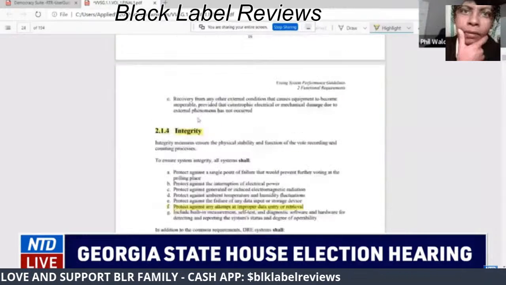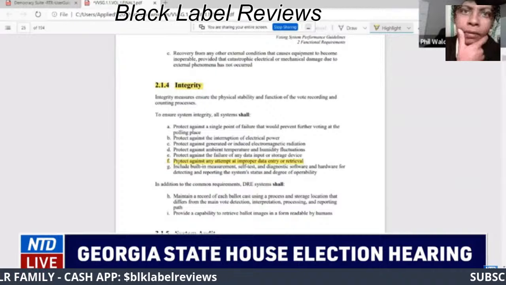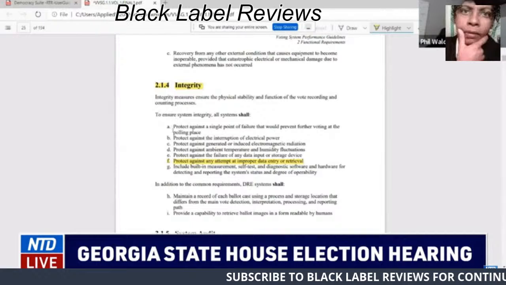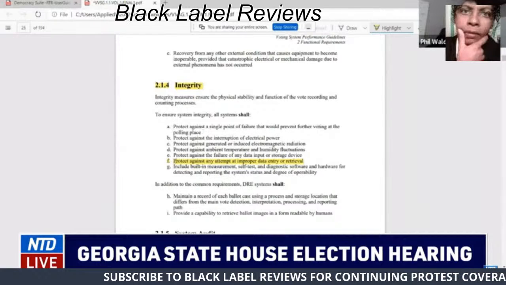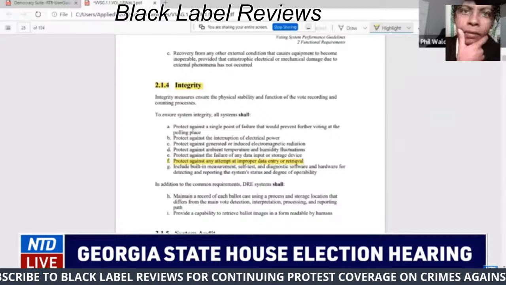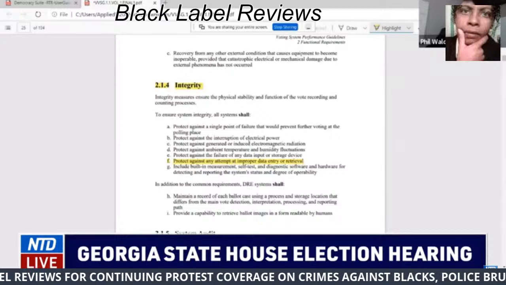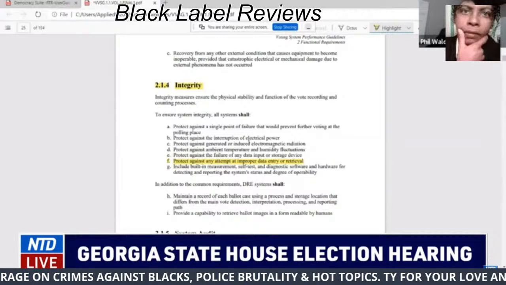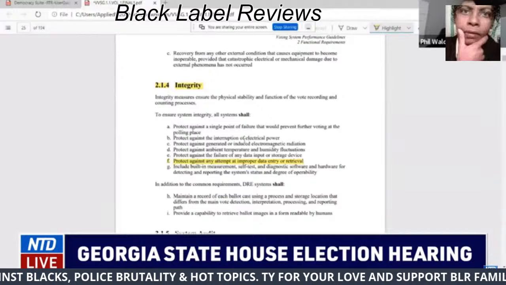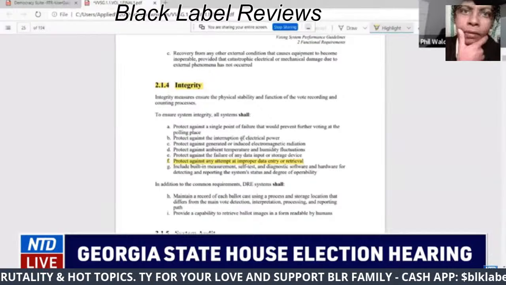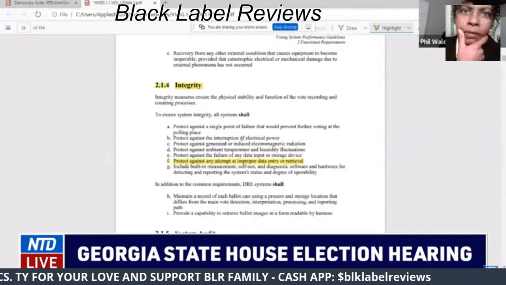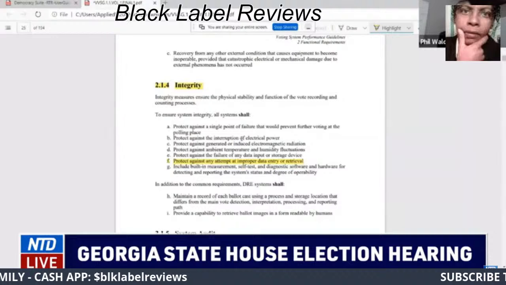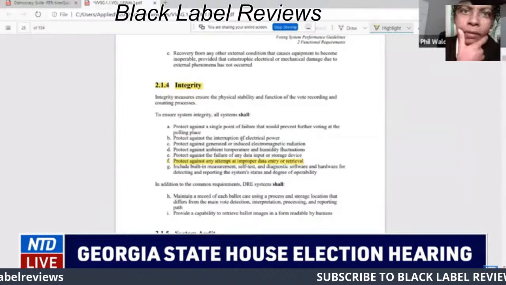So in the integrity part, it says that the integrity measures ensure the physical stability and function of the vote recording and counting processes. All systems shall protect against any attempt at improper data entry or retrieval. And I think your own voting officials there in Georgia have just shown that those processes are not possible with the Dominion voting system. So if your own legislature mandated compliance with the voting system standards, based on what you've